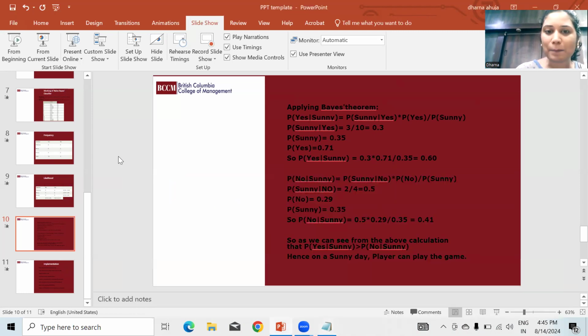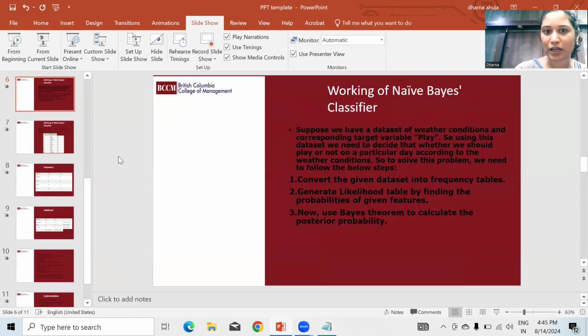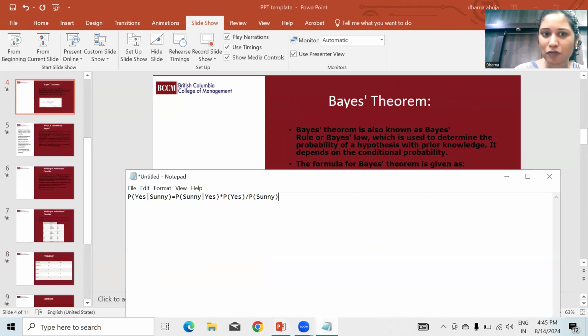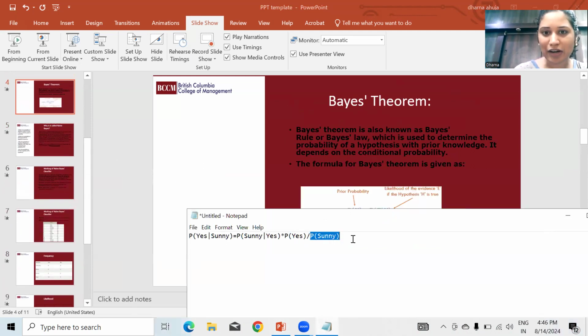Now, if you compare it with the Bayes theorem formula, which we have seen over here, P of H means the probability of yes. H actually means yes here. We can write this in one more line.